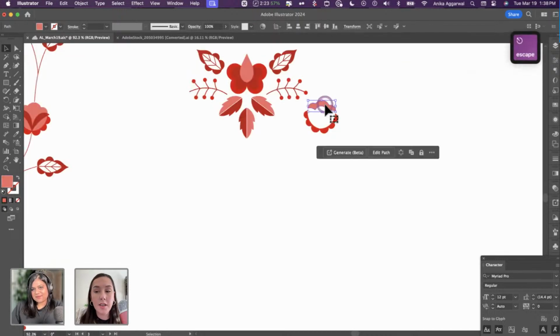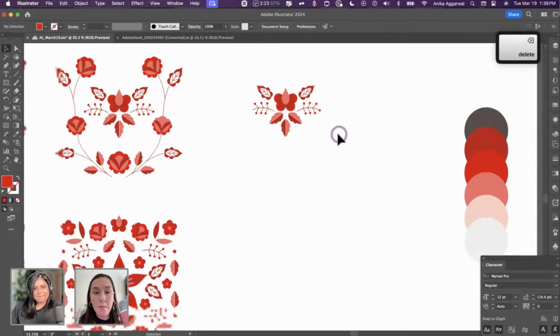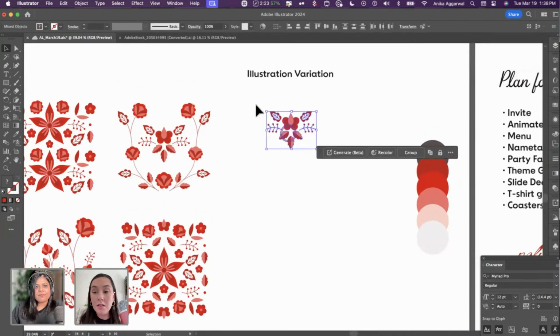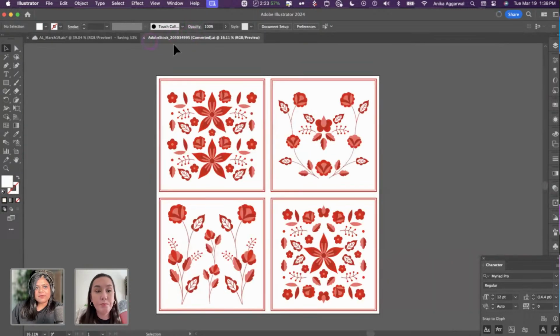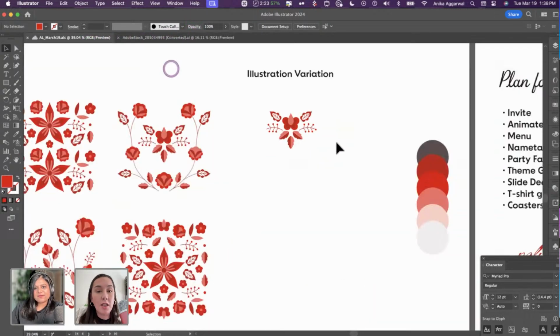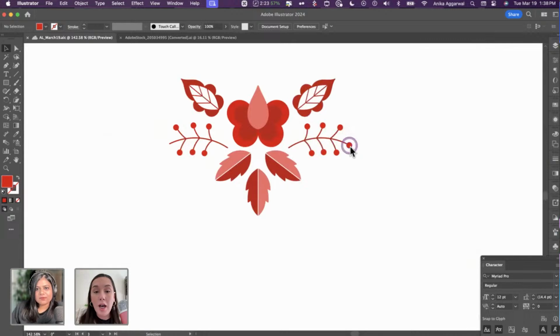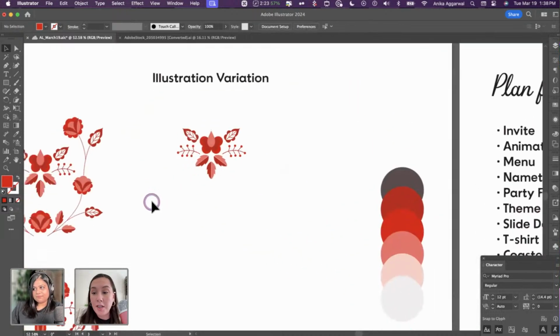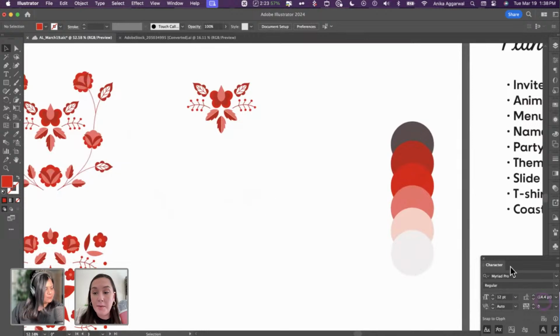Absolutely. Perfect. I do have a question off the top of my head. These are vectors that you got from Adobe Stock? This is the Adobe Stock file right here. Perfect. For those that may not know, Adobe Stock covers a bunch of different formats, not just images or JPGs or PNGs. They also offer vector files as well. Very handy.